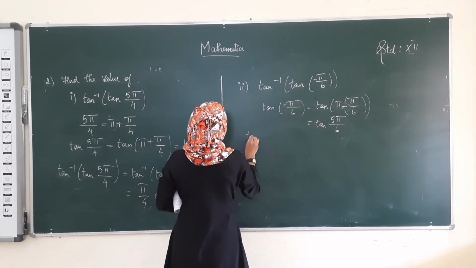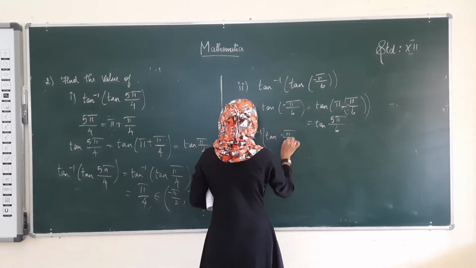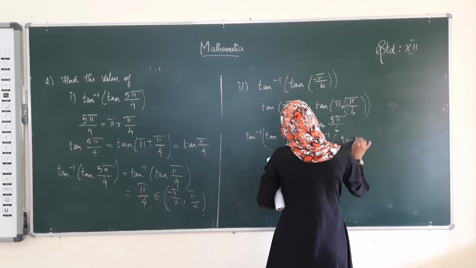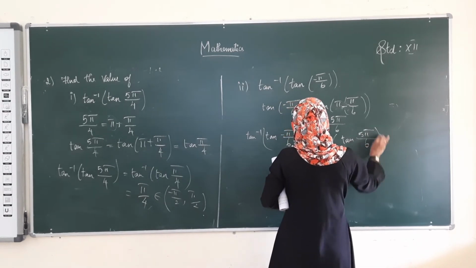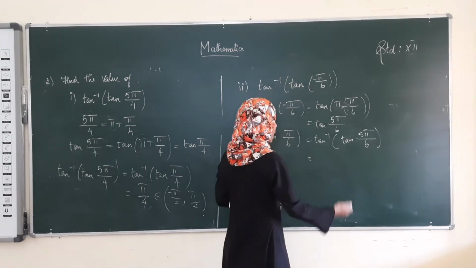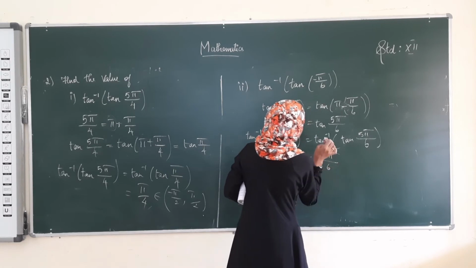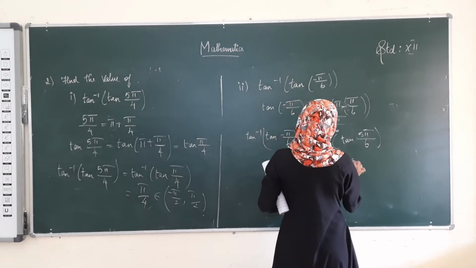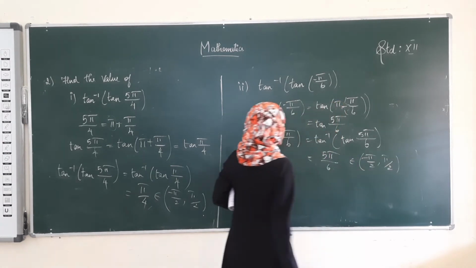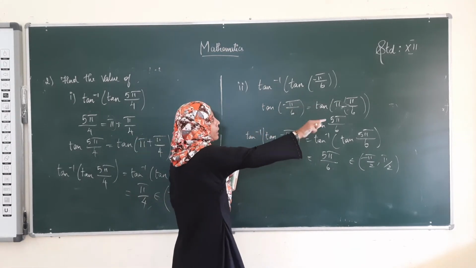Then tan inverse of tan of minus pi by 6 becomes tan inverse of tan of 5 pi by 6, and tan inverse of tan of x is equal to x is the property. Therefore tan inverse of tan of 5 pi by 6 is equal to 5 pi divided by 6. Surely 5 pi divided by 6 belongs to minus pi by 2 comma pi by 2. You can do in either format, this formula also, otherwise the single line I said, right.